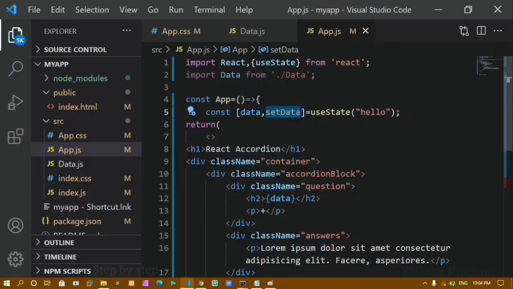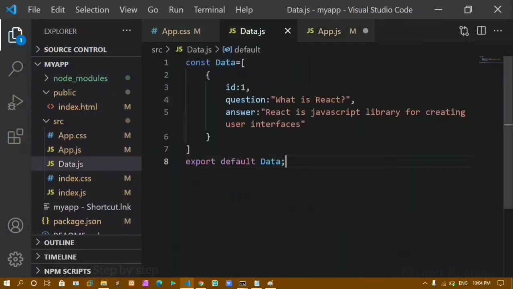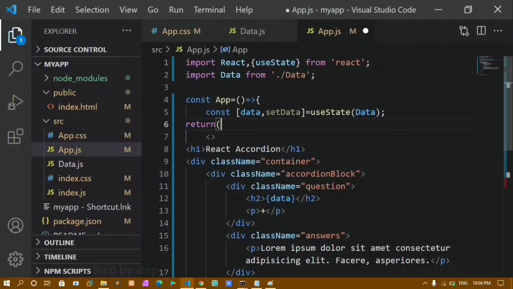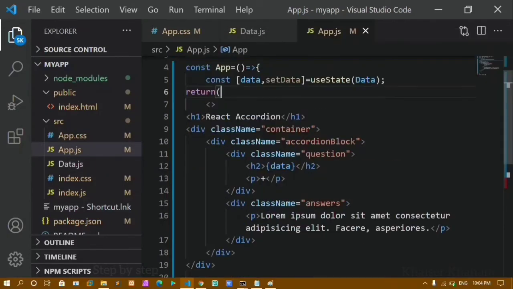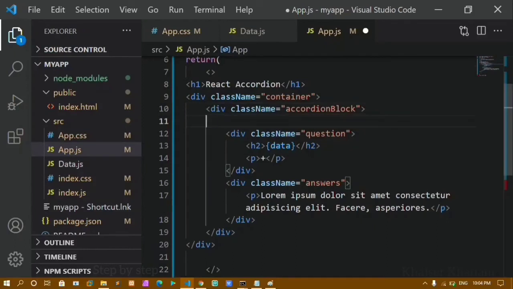Okay, now using states, we are going to access all the data and we'll be storing it here. Now inside this, I'll just pass my array. Okay, that is my data, this file. Whatever I am importing, I am just passing this one. Now this useState is having this array of objects. This is an array, and inside this I have objects, so that will be storing an array of objects. Now once I have this array, I can access this entire data using the map method. Now here I'll just write the map method. My array name is data.